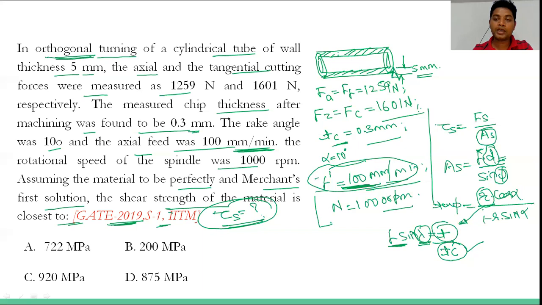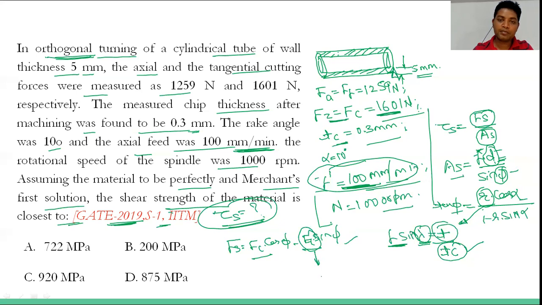तो यहाँ से अगर r कैलकुलेट हो जाएगा, अल्फा आपको गिवन है तो फाई यहाँ से कैलकुलेट किया जा सकता है। जब फाई कैलकुलेट करोगे तो f और d ऑलरेडी कैलकुलेटेड है तो As कैलकुलेट किया जा सकता है। For Fs will be equals to Fc into cos phi minus Ft into sin phi। ठीक है, phi already calculated है, Fc that will be equals to Fz, so this is 1061 न्यूटन, and Ft जो thrust force है आपका उसका conversion अभी हमने देखा है, that will be equals to Ff into sin lambda। Lambda is 90 degree, so we can calculate the value of Ft from this relationship। Okay, so let's start।